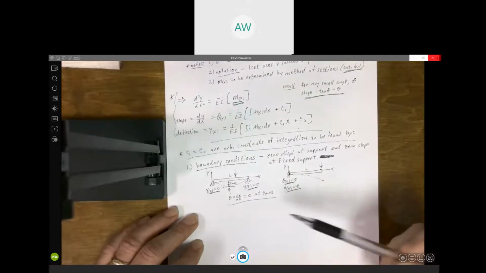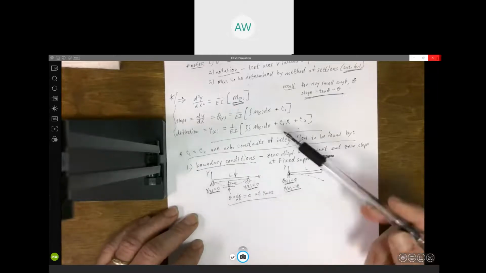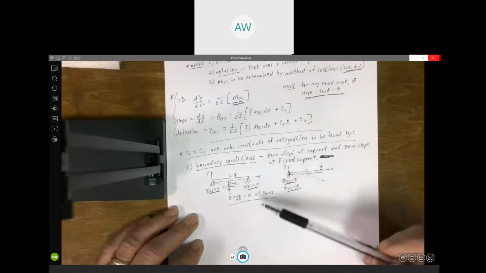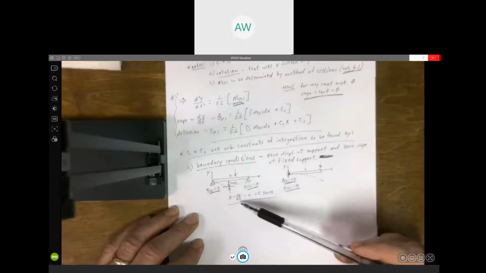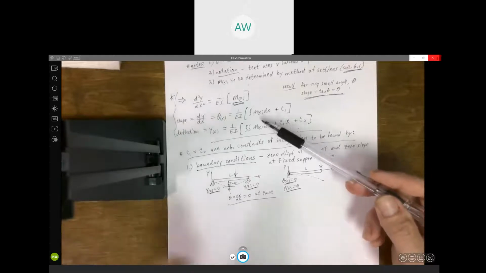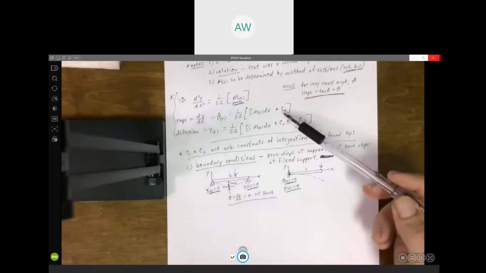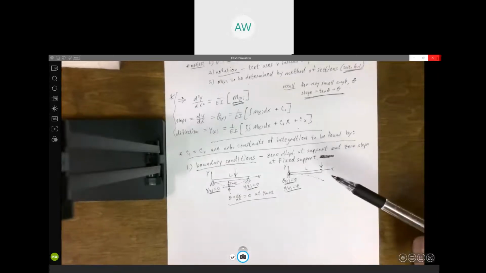So if you know where the maximum displacement is, you could use that to solve for one of your constants. You could use the fact that, again, theta is 0 at whatever x position y max occurred. Now be careful with that,